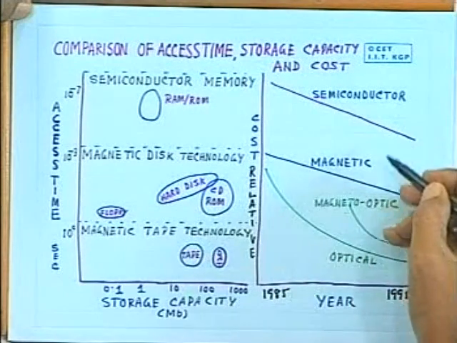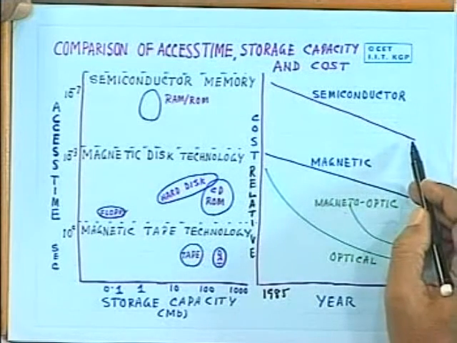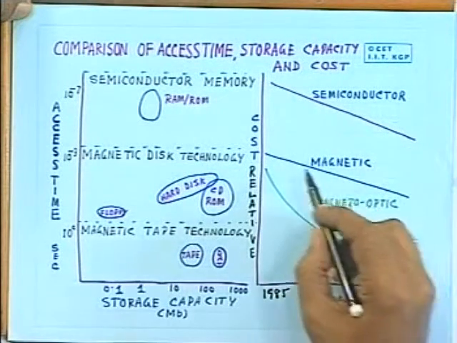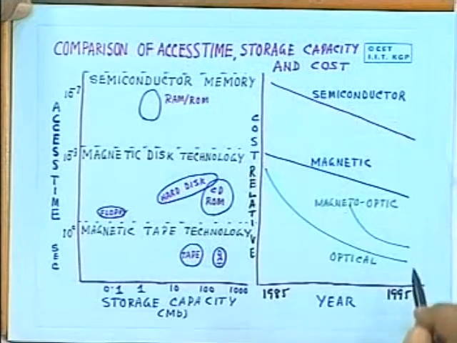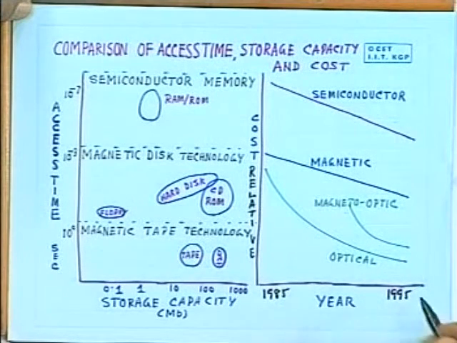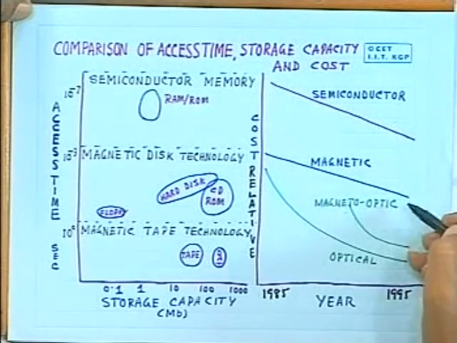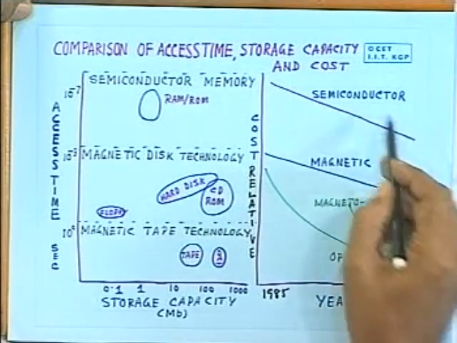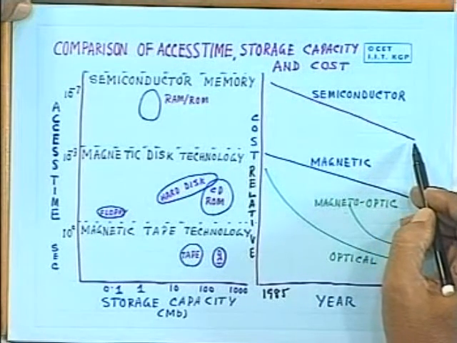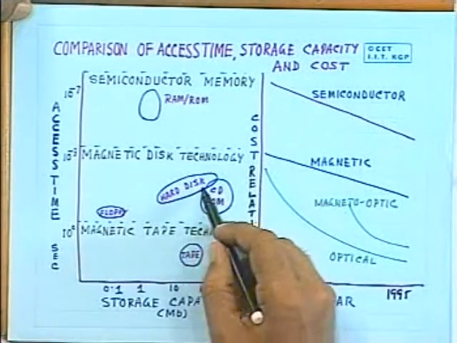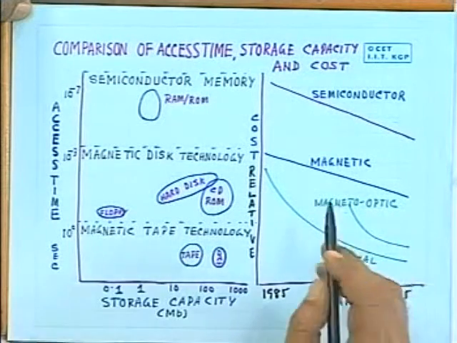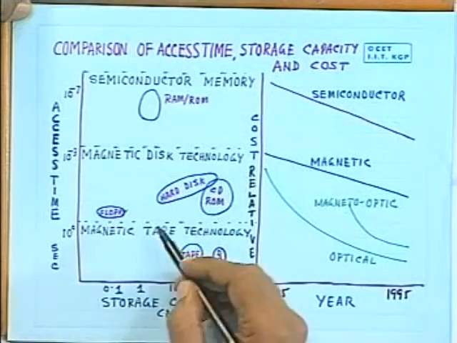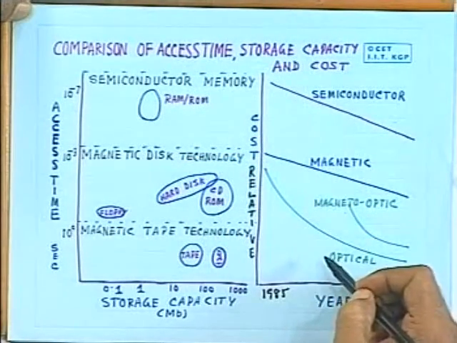So the cost of all the different devices based on either semiconductor memory technology or magnetic disk technology or magneto-optic or optical technology is decreasing every year, and in spite of that, you will find that these relative costs are remaining more or less the same. That means the cost per byte of semiconductor memory devices is much higher compared to, say, hard disk based on magnetic technology. So, this cost performance, as you can see here, if you want higher performance, higher cost, and based on this